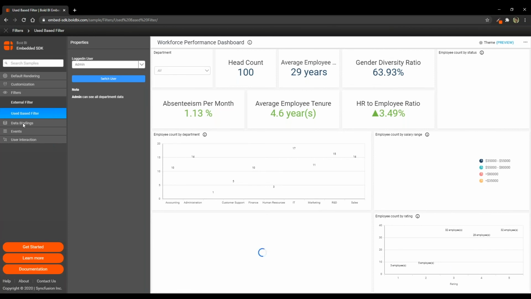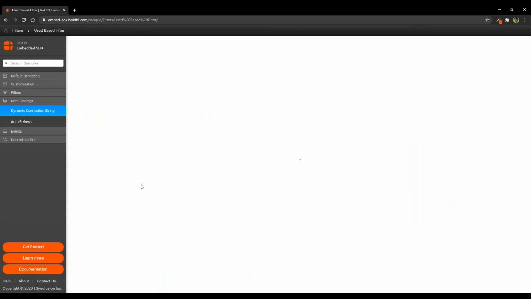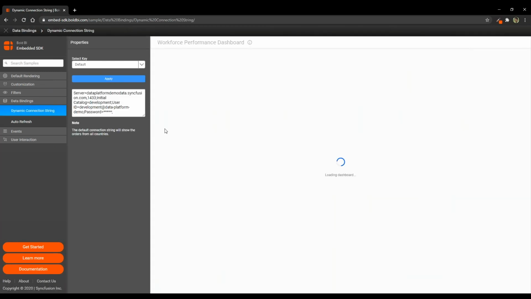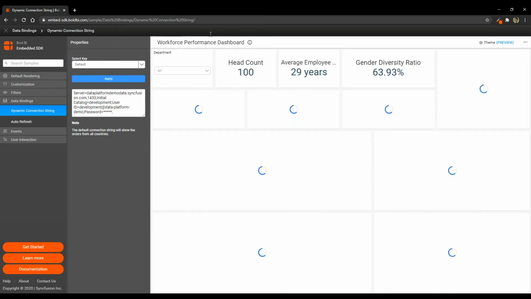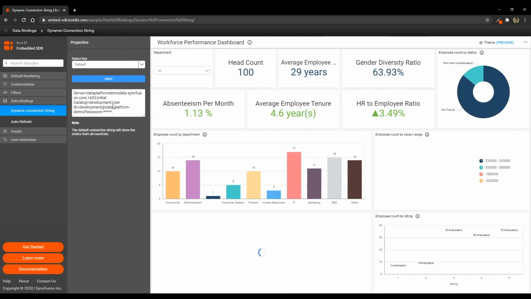Within the BI, one will be setting, based on the users, what departments should be mapped to that particular user. When it comes to data binding, dynamic connection string, the control is set at the database layer, not at the BI layer. Okay, with the same dashboard, different connection strings can be passed on, and only the data that is coming through this particular database will be populated in this dashboard. I hope I made it clear.